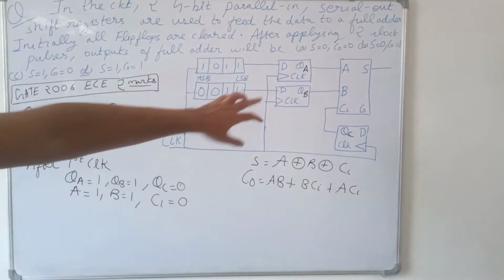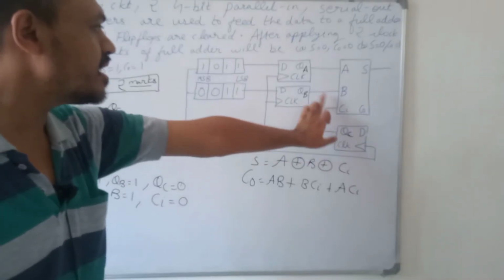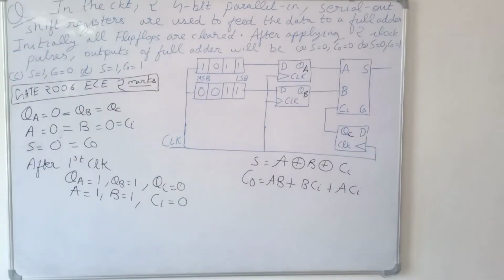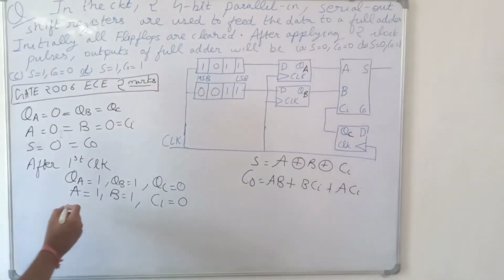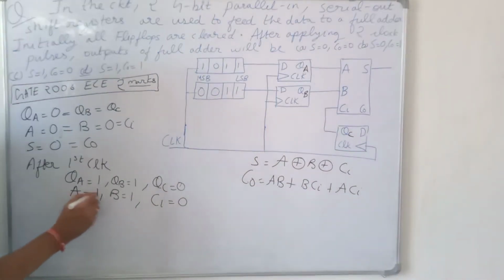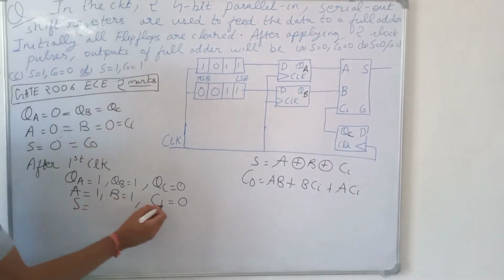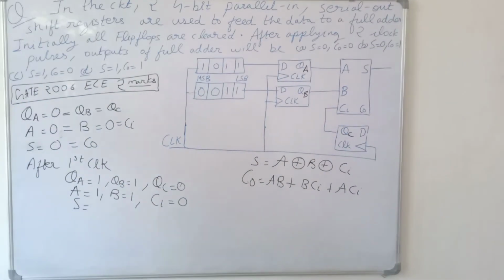Because A is connected to QA, B is connected to QB and Ci is connected to QC. So A will be equal to 1, B will be equal to 1 and Ci will be equal to 0. And sum will be equal to 1 XOR 1 is 0 and 0 XOR 0 will be equal to 0. So sum will be equal to 0